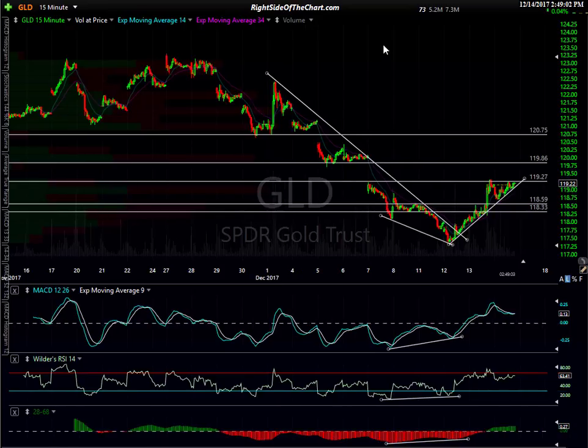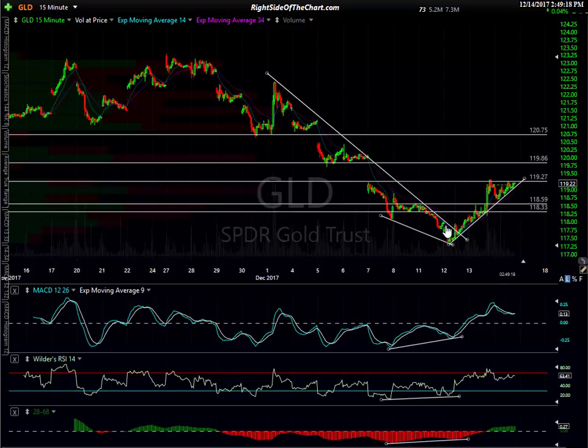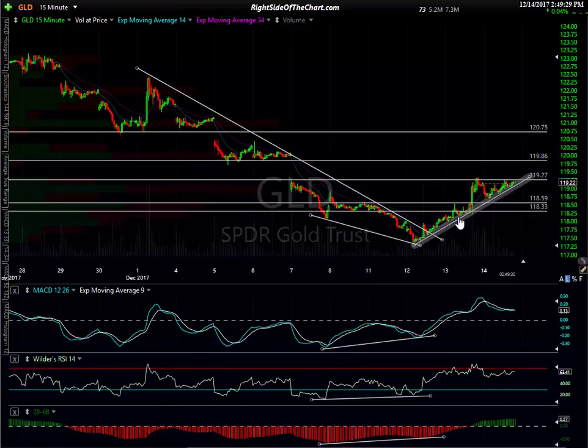Let's zoom it on down a little bit more to a 15-minute chart, and now you can see some levels if you're trying to game these bounces. Since gold broke out, and even before it broke out, I've been trading gold futures, and gold's been trading pretty well to the technicals. You can see what's happened here. These are all levels. So this was the bullish falling wedge. You can see again, confirm with divergence, and you have these resistance levels, and you can see the reactions as each one is hit. You get a pullback, then a thrust up once that resistance was broken, that 118.59, boom,